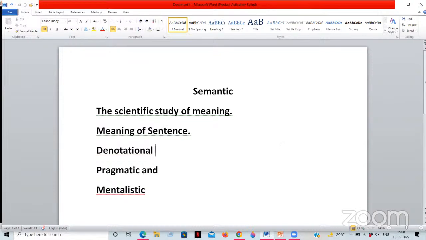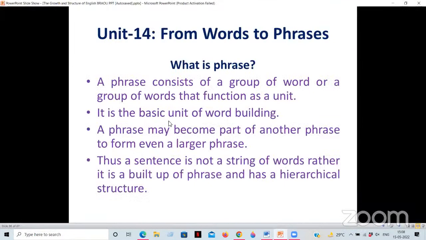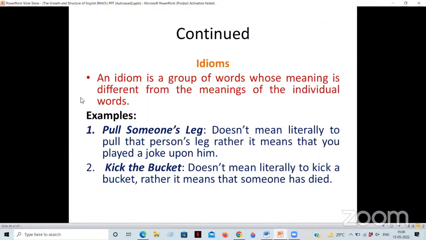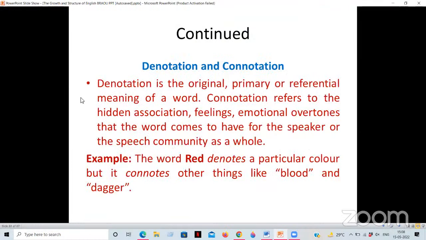so have you ever gone through what is denotation and connotation? What is denotation and connotation? Yes, this is the thing. Okay, so we have already discussed what is denotation and what is connotation. In the last class, we talked about this, and there are three approaches in semantics or in meaning, and two of them are denotation and connotation. Connotation is nothing but the mentalistic approach. The first one is denotational approach, second one is pragmatic, and mentalistic approach.